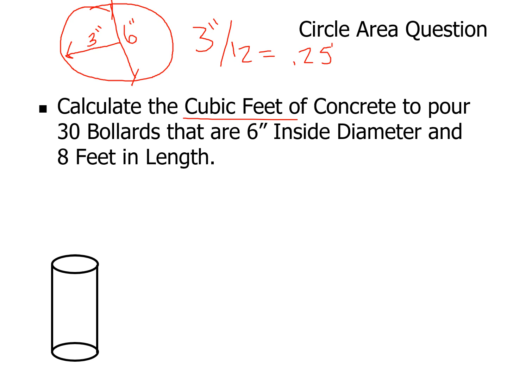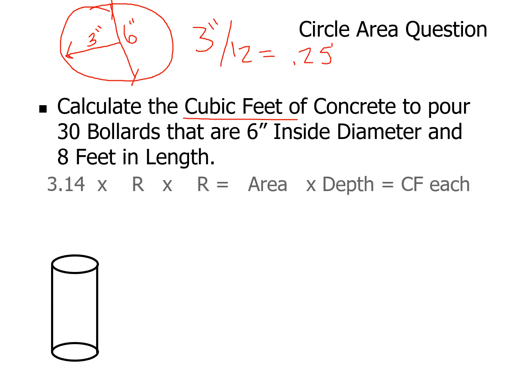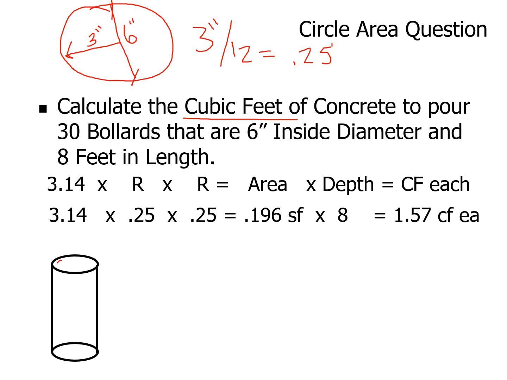Now the reality of it is, do it any way you want. Leave it in inches. Just remember to convert it back to feet. As long as you're comfortable with converting numbers, remember there's 144 square inches in a square foot, 1,728 cubic inches in a cubic foot. So remember your conversions, and sure, leave it in inches. But I did it in feet. Now everything else is in feet. So pi times the radius of 0.25 times the radius of 0.25, that's going to give me the area of this. And that's this area right here.